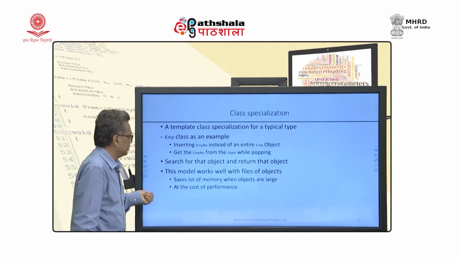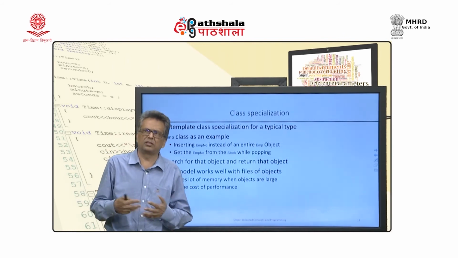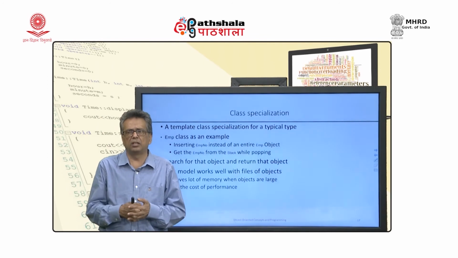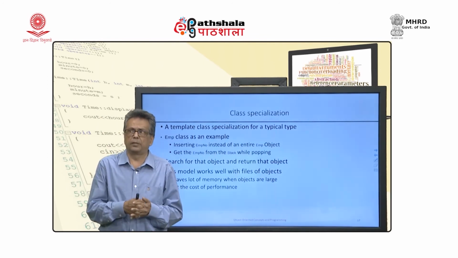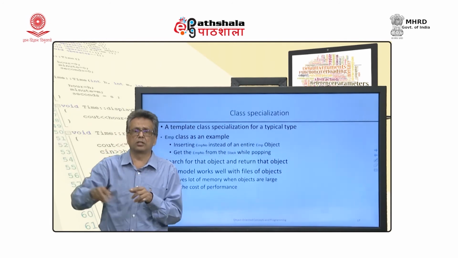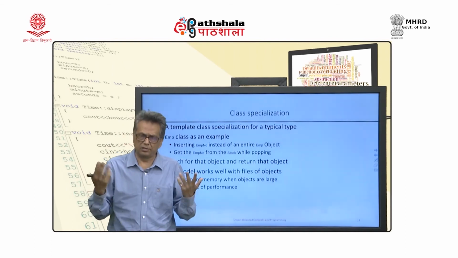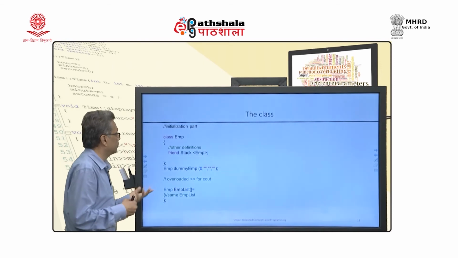Okay. Fine, why this model is used, it is quite efficient in terms of memory, but it is not very good in terms of the process time, because it requires an additional search operation, but fine, sometimes you may need to have something of this type.